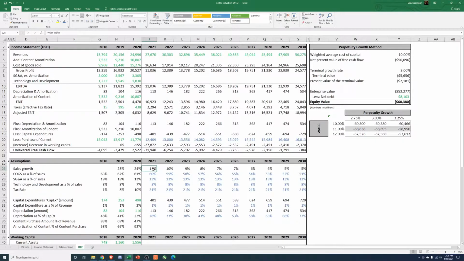If revenue is growing 11%, revenue needs to grow faster than the growth of your content acquisition. Otherwise, it's just never going to make sense financially as a company. So we'll do that. Let's see how it looks if we actually take this formula now. 45. So we have it really just going down from current levels of 47%.